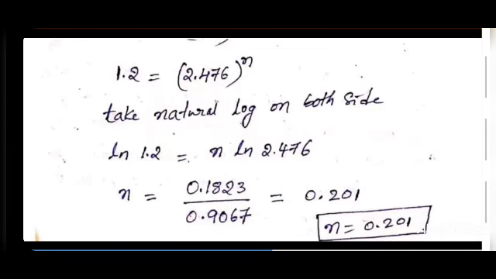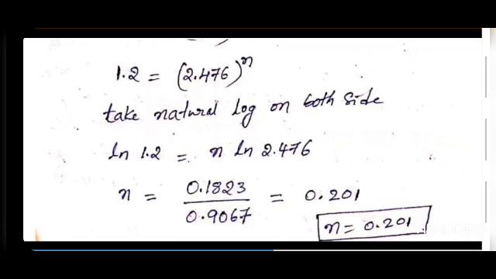So we can rewrite this equation as V1 by V2 equals T2 by T1 to the power of n. It is T2 by T1, you take it as T1. Substitute the values of V1 and V2: V1 is 30 meter per minute, V2 is 25 meter per minute. Similarly, T2 is 312 minutes, T1 is 126 minutes. After substituting, 30 divided by 25 is 1.2 and 312 divided by 126 is 2.476, to the power of n. So in order to find the n value, you have to take the natural log on both sides.